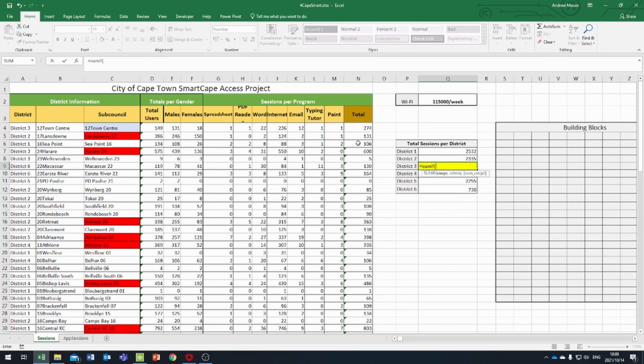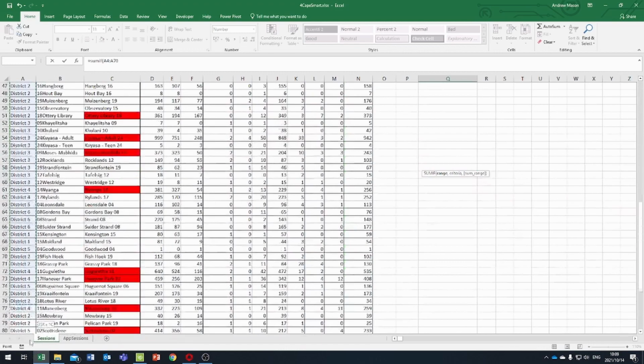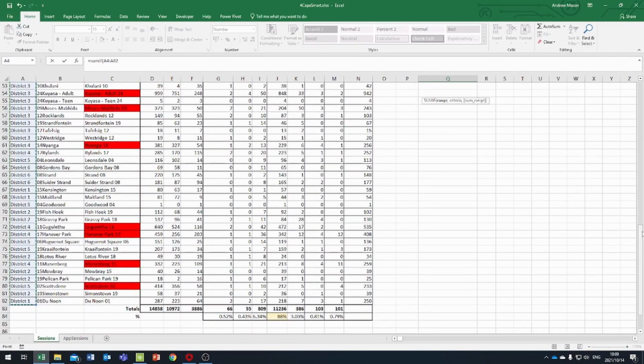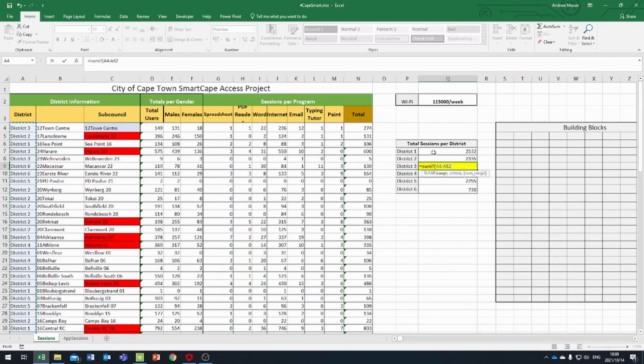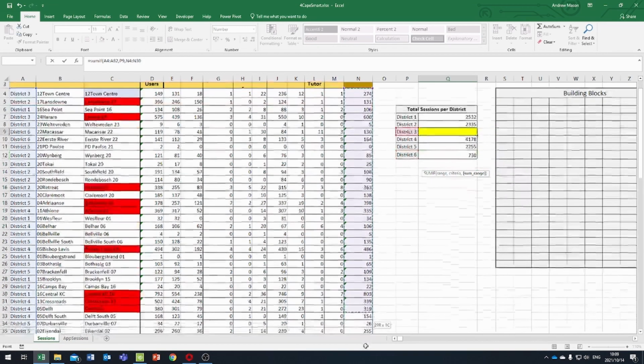SUMIF, you're going to start off with the criteria you're looking at, because the first part is your criteria range. So I say go look in the district column over there. In the district column, if it is equal to the criteria District 3. Now I can type it, or I can utilize a cell reference. I'm going to do the cell reference instead, and I'm going to say if it's equal to that there, where it says District 3, then I want you to please go and add up this range over here, and I simply select that